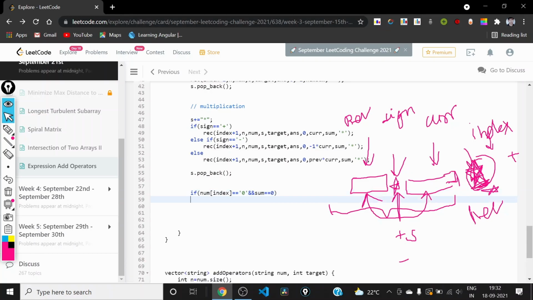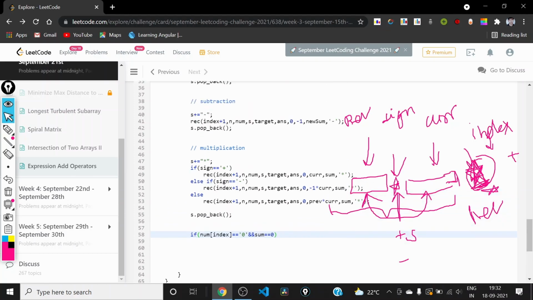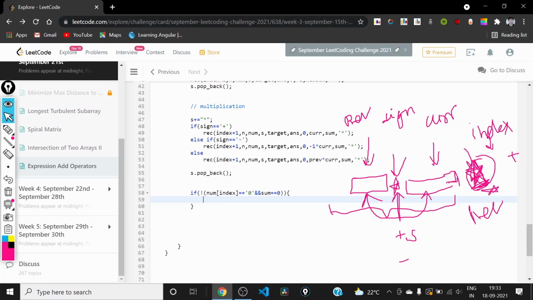In that case, we won't be skipping the operator; we will obviously be adding an operator. So we need to take the negation of this. And for calling the function without any operator, the index should be index plus 1.